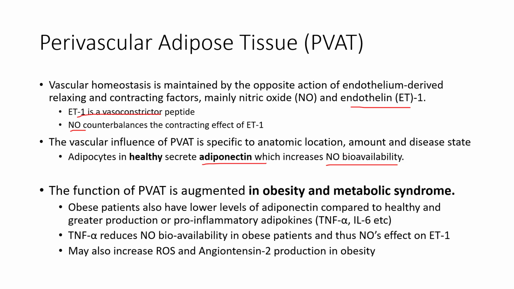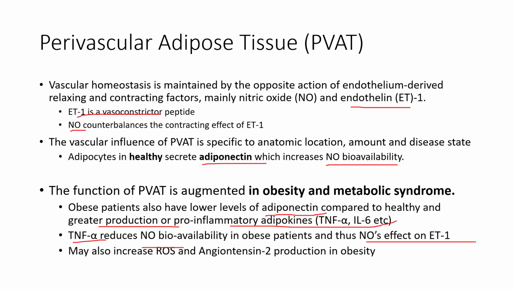We see a lower level of adiponectin. We see a higher production of pro-inflammatory cytokines like TNF alpha, IL-6. TNF alpha reduces nitric oxide bioavailability and thus favors the balance of endothelin 1, which is constricting,